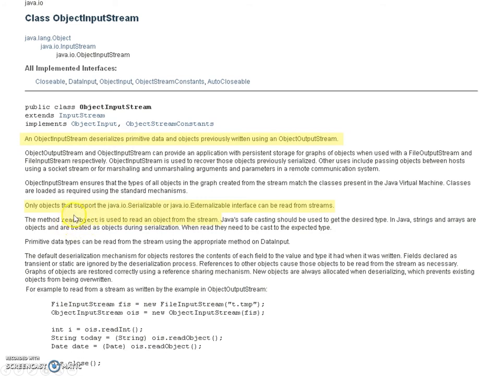It uses the readObject because this is actually deserializing and taking a stream and converting it back into a particular type of object. So notice that we're using the readInt here to convert into an integer. Then the next thing that we're reading is going to be a string, so it would use the readObject for a string and reconstitute that into today. And then a readObject of date, so the readObject method for date would be used here and then placed into